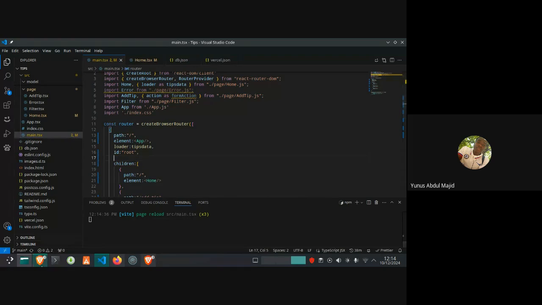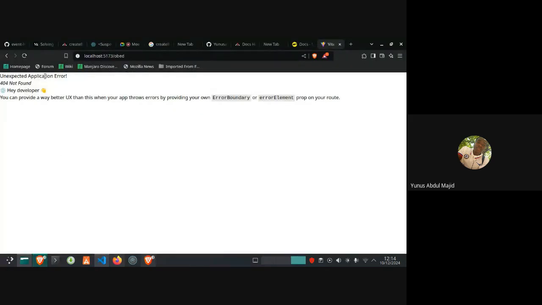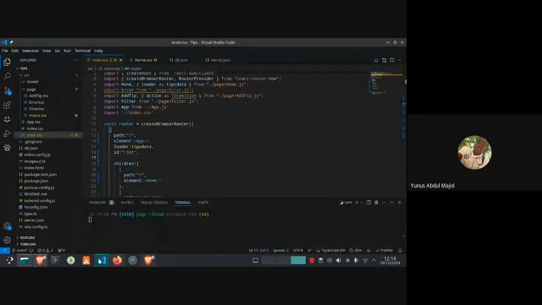Because simply, that is what this unexpected application error is for a developer. You can provide better UX than this when you have a thrown error by providing your own error boundary or errorElement props on your route. So let's create our own error boundary.